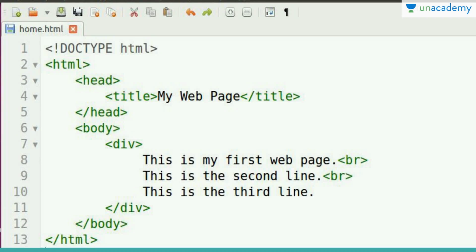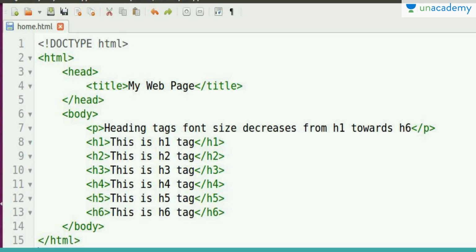Now again, this inline can be converted to a different line using the break tag, as I have shown earlier. Here we have 6 tags, and these are known as the heading tags: h1, h2, h3, h4, h5 and h6. h1 has the largest font size, whereas h6 has the smallest, so the font size decreases as we go from h1 to h6.